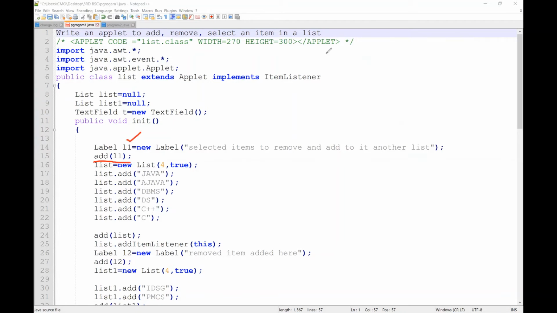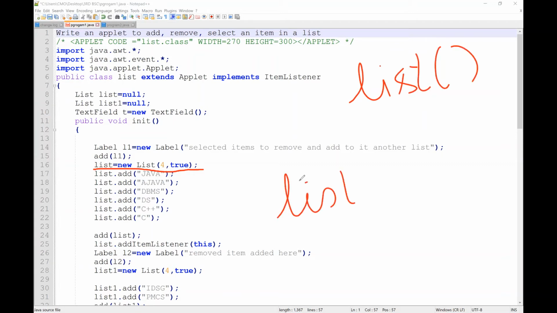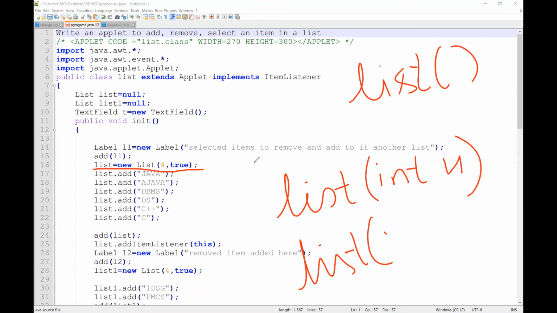Now we started creating a list. As I explained before, a list may be of 3 types. The first is a simple list without any parameters. The second is a list with the number of rows to be visible, like int 4, or anything you specify. The third has the number of rows, say 4 or 5, plus multiple choice, which can be true or false.